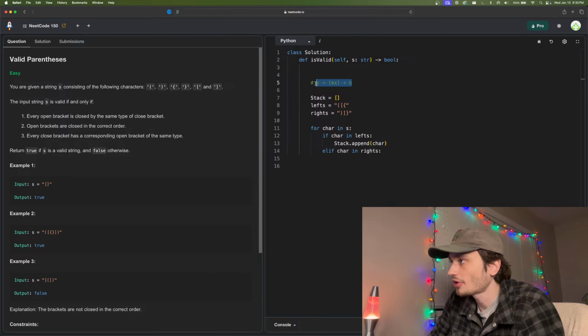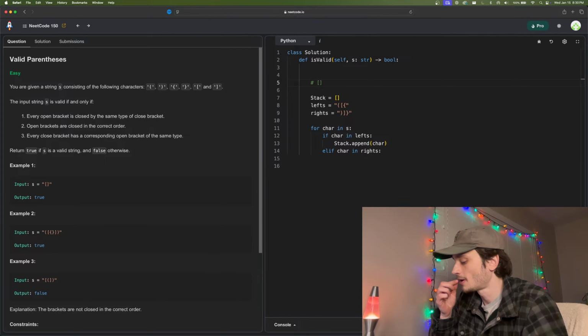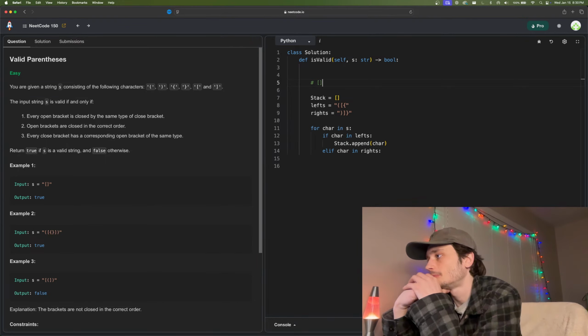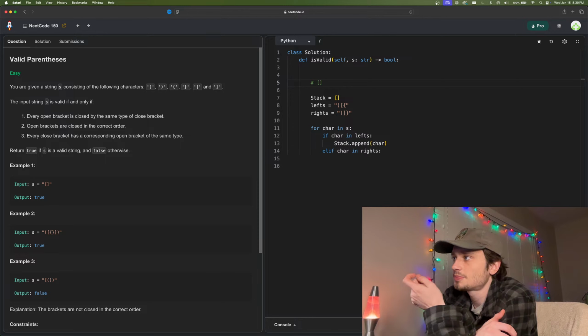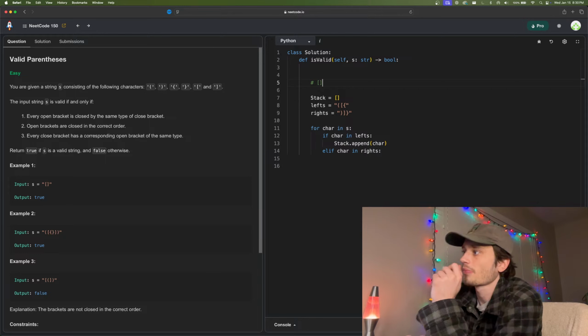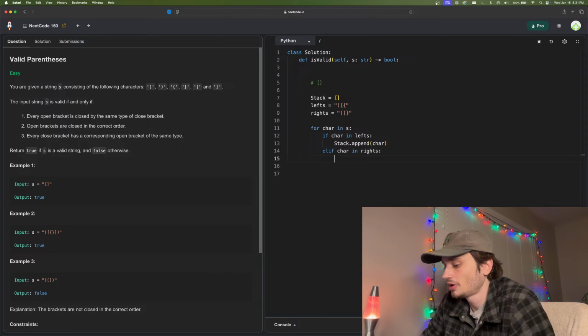Or like, sorry, be like this. Right. So, if the char is in the rights, we need to do a comparison, right? Because the first parenthesis closed will be the last parenthesis that was opened. So if the char is in the rights, we're going to say